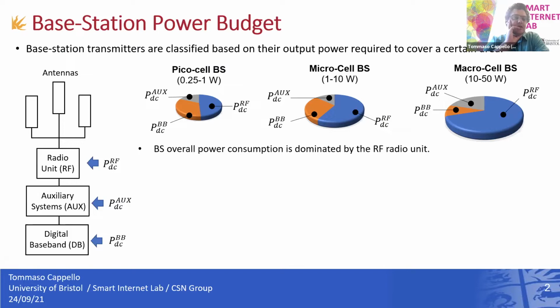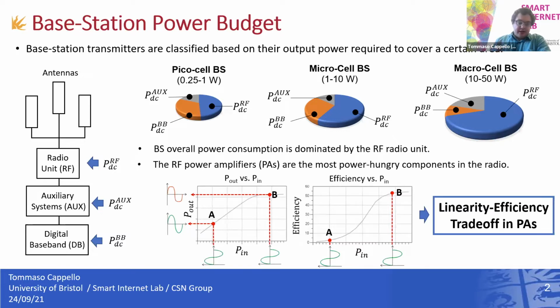that the radio frequency unit, the radio frequency part of a base station, tends to burn quite a significant amount of power. And this is especially remarkable with macro cell base stations, where the power consumption is about 3/4 of the total power budget, or the total power that you can get out of the outlet for a base station. And if we look inside the radio frequency unit of this base station, the power amplifier, which is the circuit that is used to boost the signal to the required power level to overcome the channel attenuation,